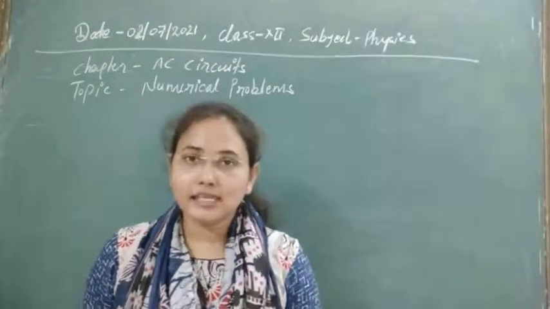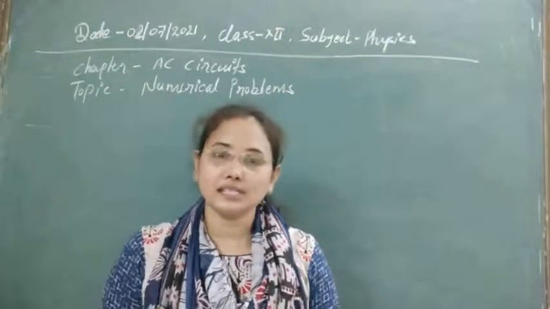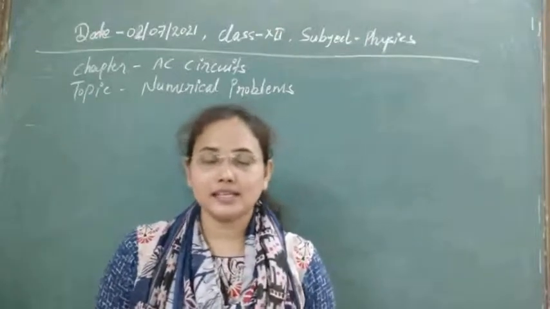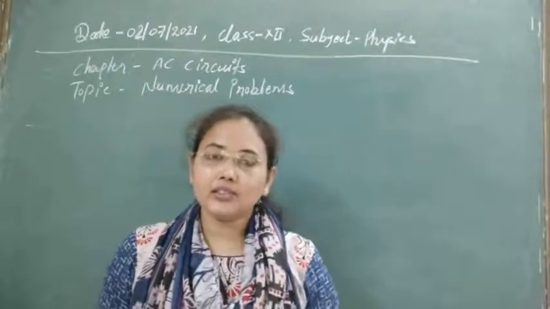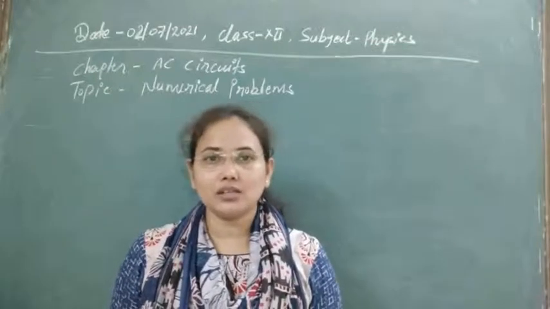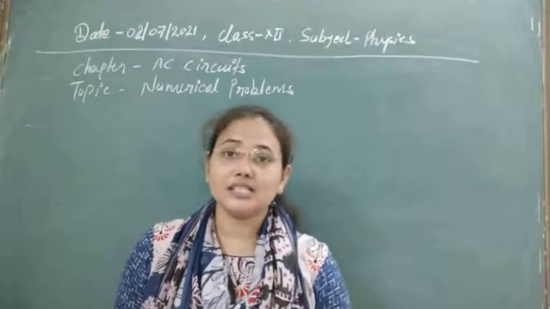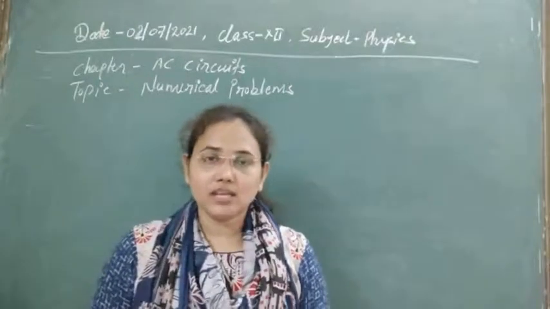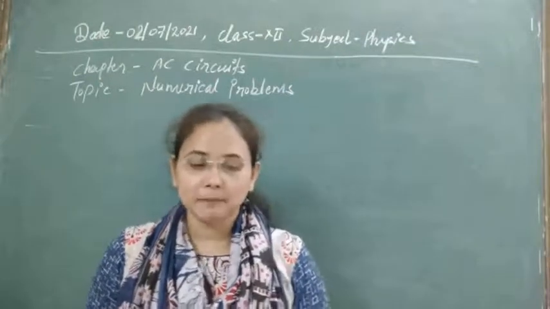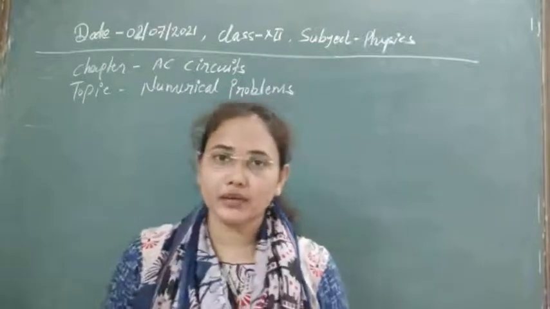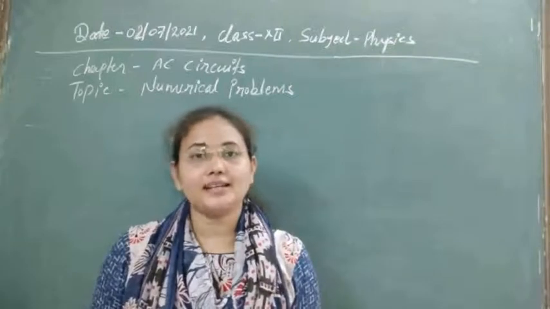So today let's first see some numerical problems on the topic we have discussed for these three AC circuits: pure inductive, pure capacitive and pure resistive circuit. The resistive circuit we will not discuss, because in current electricity we have already discussed a lot of questions on the resistive network, the conductor. So here we will see the cases for the capacitive and inductive circuits, in which we utilize the conditions for alternating current and voltage and their reactance.